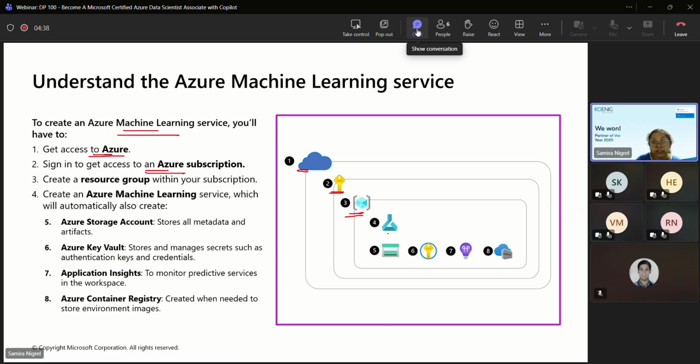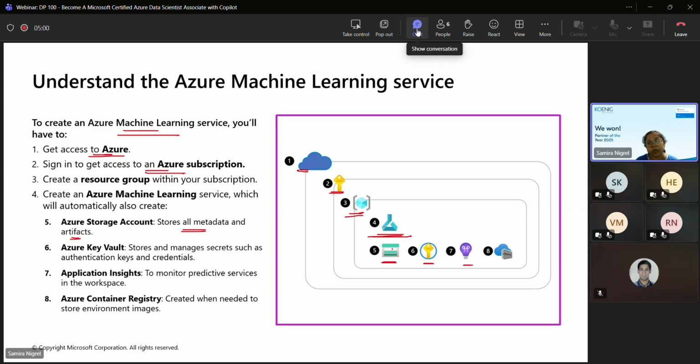Next you create the Azure Machine Learning service. This service is what we require to work with machine learning tasks. It automatically creates the storage account, the key vault, and the application insights. The storage account helps you store all metadata and artifacts.